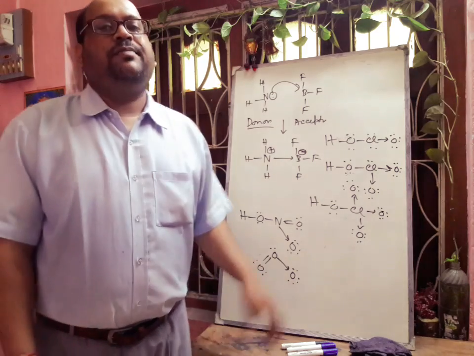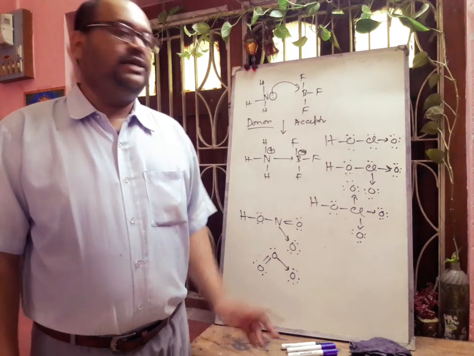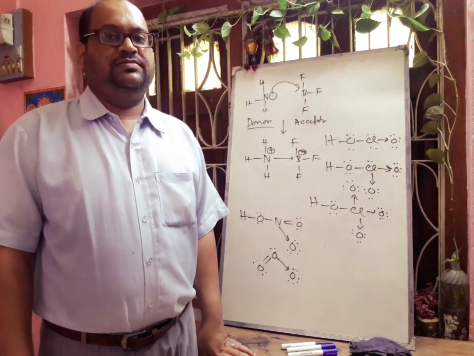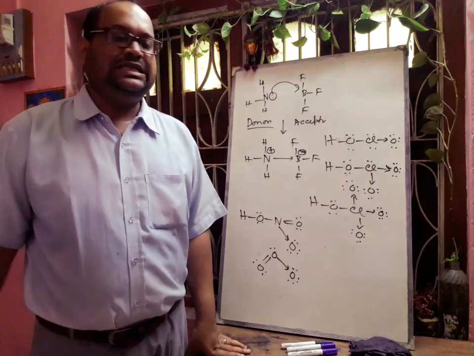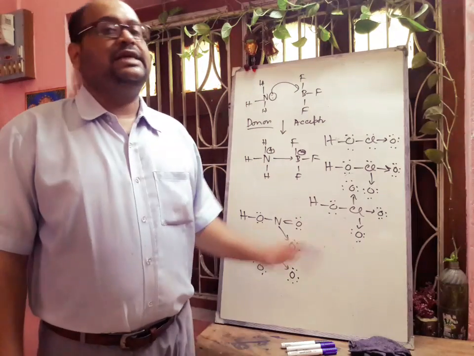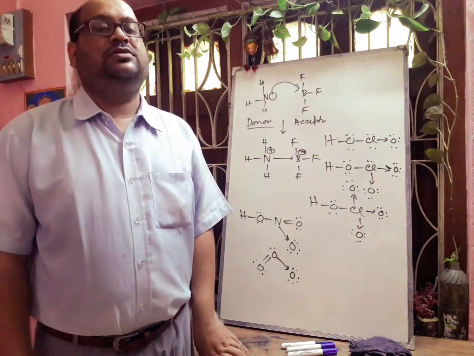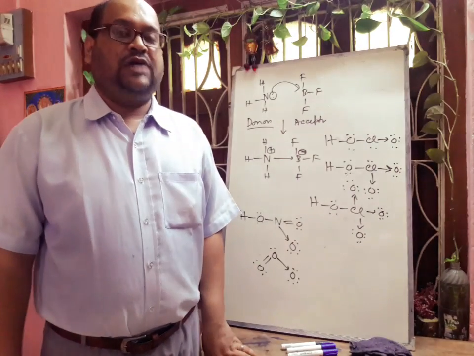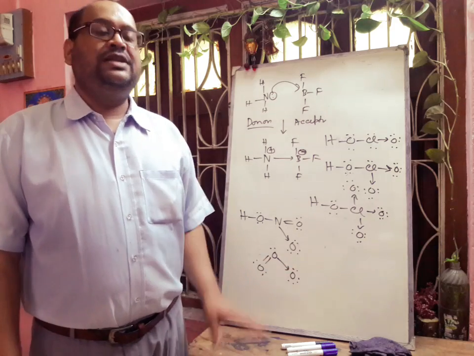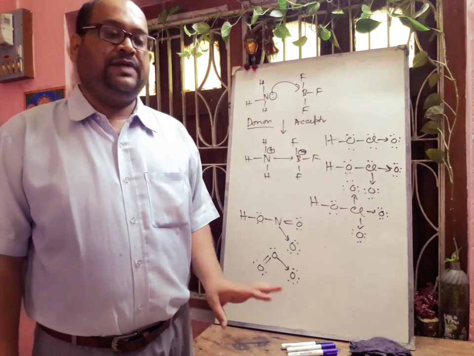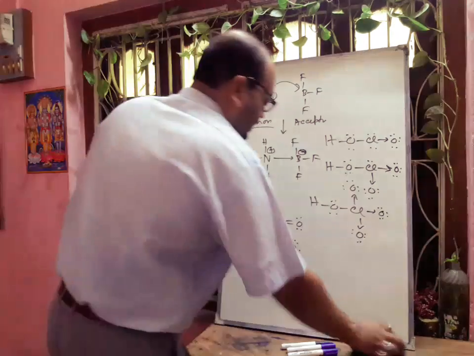And these coordinate compounds can show isomers. Okay, that means isomerism, because these bonds are rigid as well as directional. Okay, they are giving the shape of the molecule. That is why they can show isomers also. When we read the coordination chemistry part, then we will discuss different types of isomers. Okay, that you have to know.